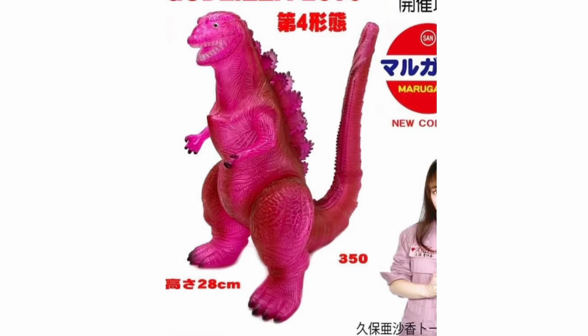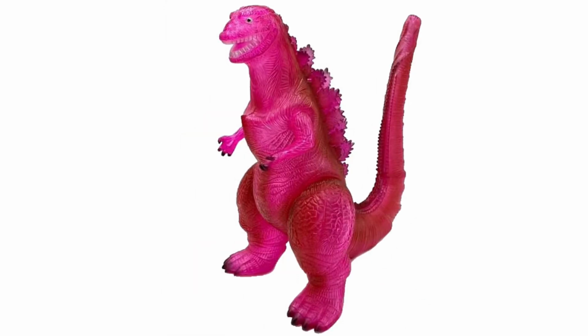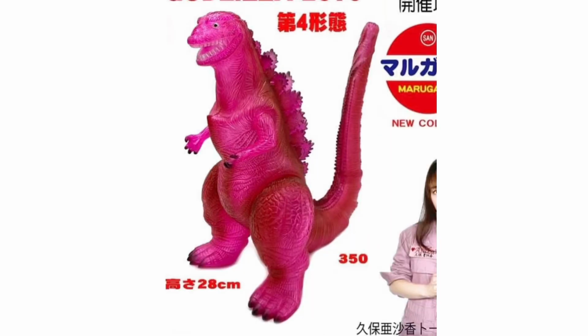I'm not sure if in the future Marusan will make a 450 series one. It's basically the same sculpts, just slightly larger. I think they're closer to 12 inches tall. Based on this picture here, yes, we have a limited angle to get a full sense of what it looks like, but I think this will be a pretty hefty figure. Shin Godzilla tends to be a chunky character in toy form, so I'm excited to see how this will exactly